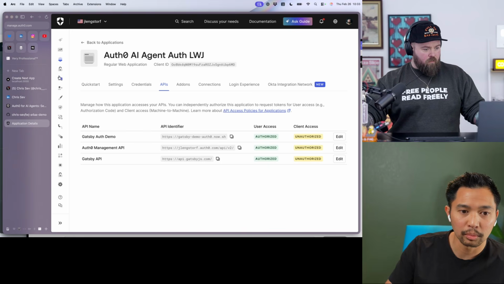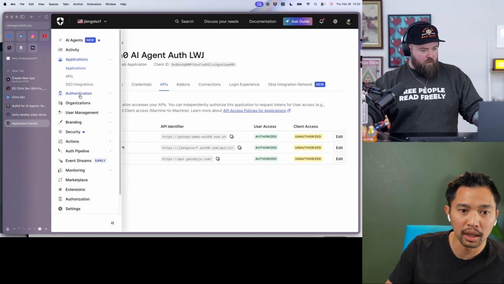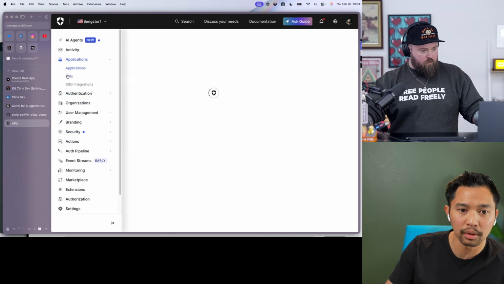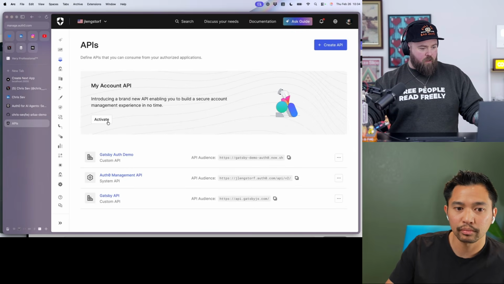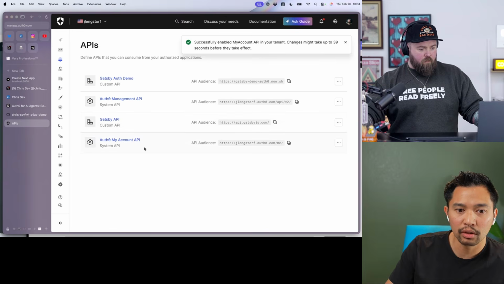I don't know if you can expand that or... Oh, here's the expand button. One of them is APIs right there, right below applications. Cool. My account API, let's turn that on. Okay. And then if you click into my account API,